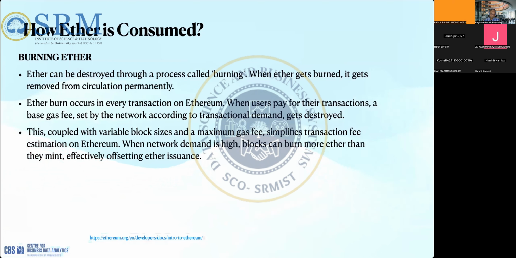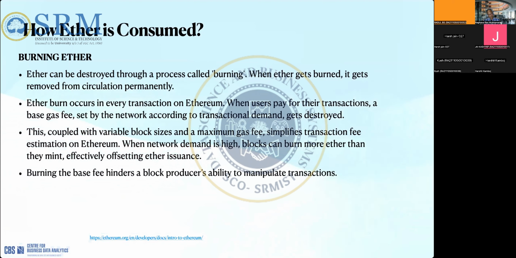The base fee you pay for the transaction will be burnt. For example, say a node is validating transactions. It will run the transaction, and whatever base fee is part of the transaction will be spent, destroyed, and burnt.